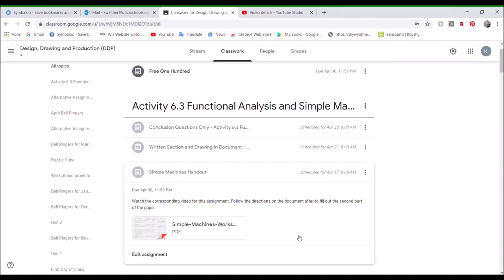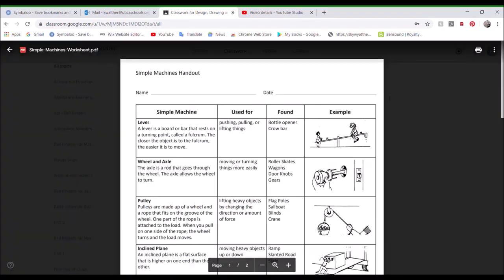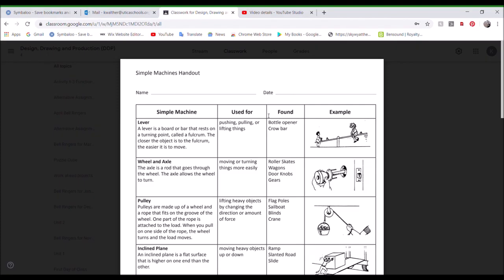All right. So simple machines. Now I will also post a video, if I can find one that's good enough, about what simple machines are, so you can watch a video plus read this document. Now a simple machine, there's a couple of them. So there's lever, wheel and axle, pulley,